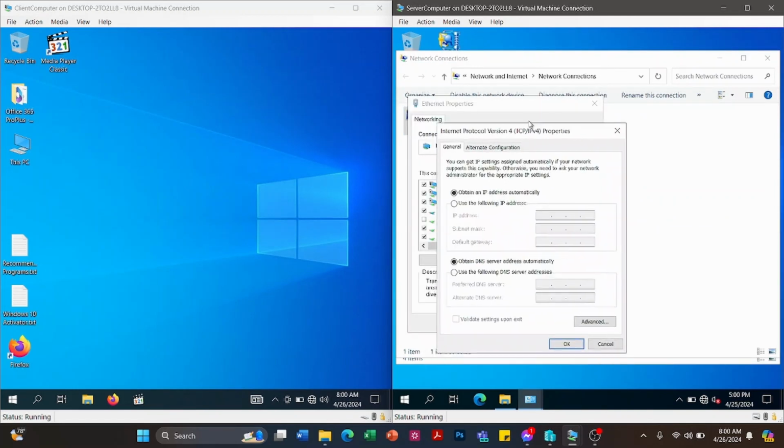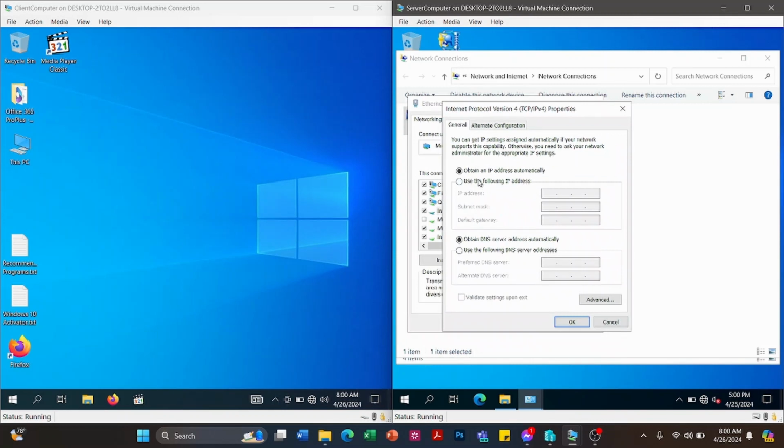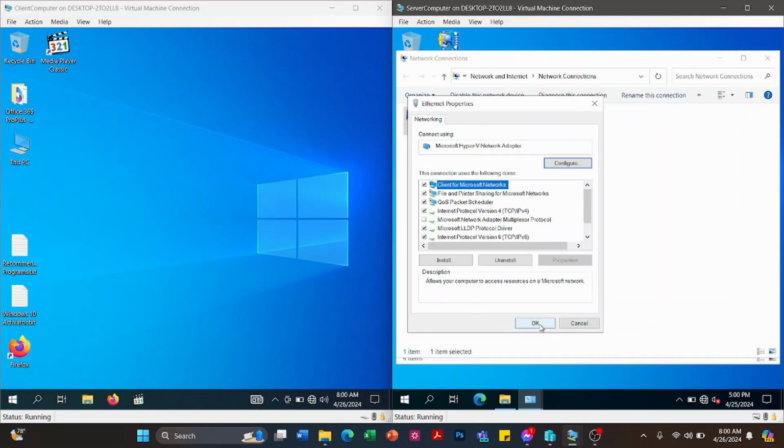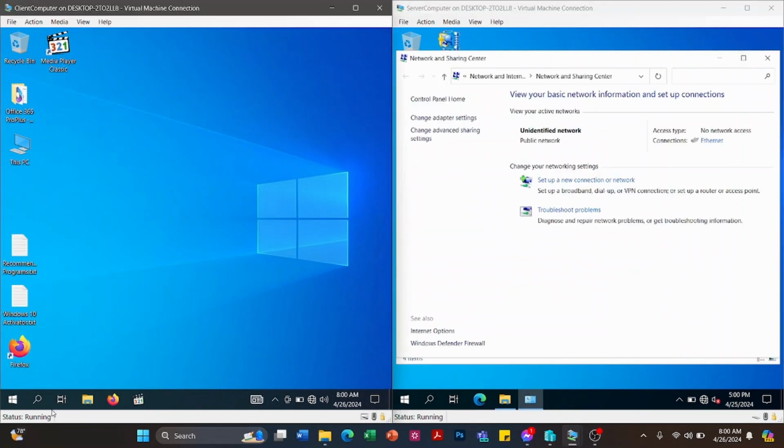Then IPv4. As you can see, by default, Obtain an IP address automatically is already selected, meaning the computer will automatically request an IP address from a router. So just click OK.